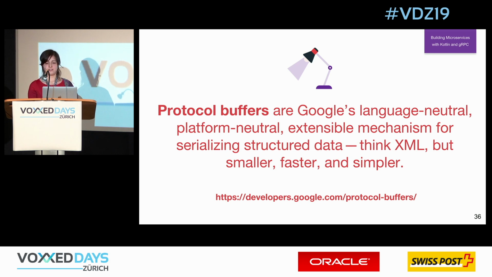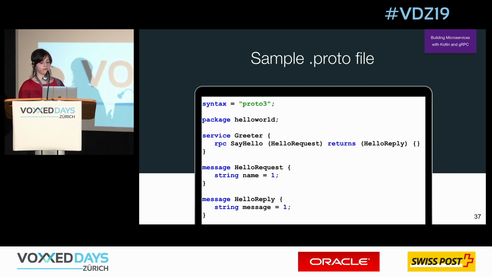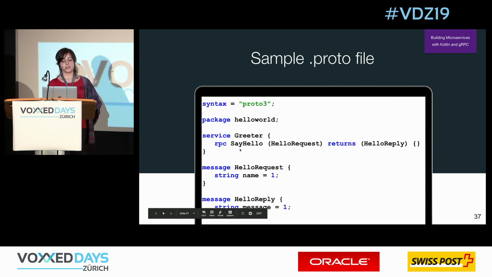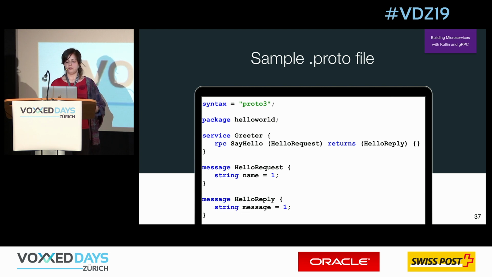So let's forget about this boring definition, and let's have an example. You define a proto file. You can see that it's not XML, it's not JSON, it's a kind of pseudo language. So you're writing your service, and in your service you're defining the name of your service, and request and response, so the parameter that you receive and what you return. And under it, we just explain what these messages mean. So hello request is just string name, and hello reply is just string message. So that's how a simple proto file looks.